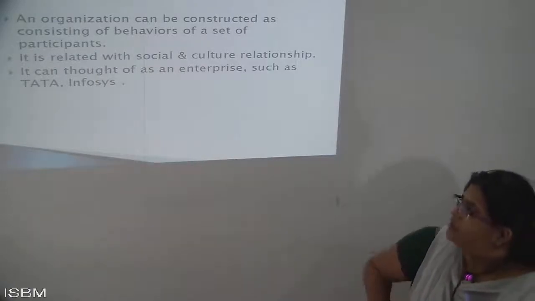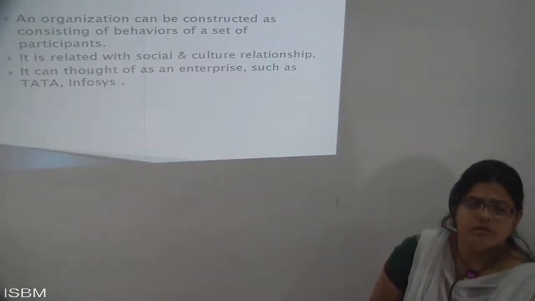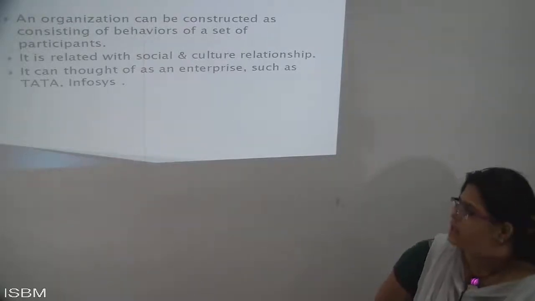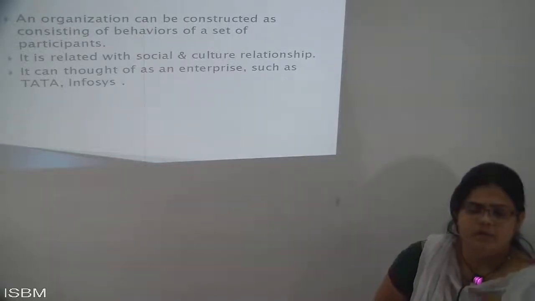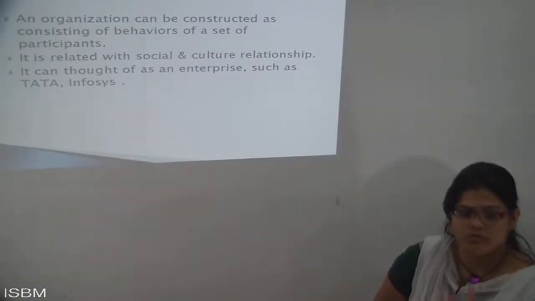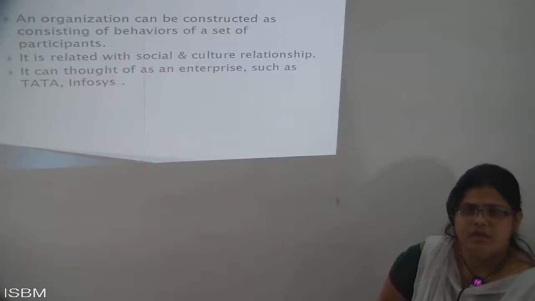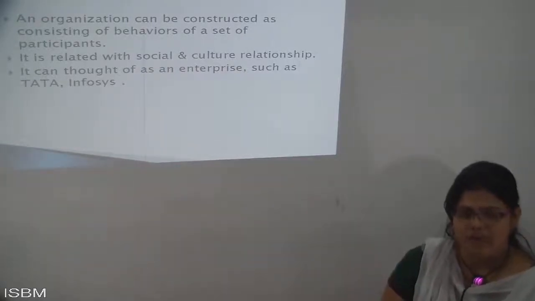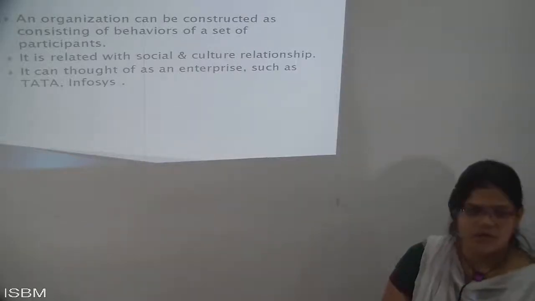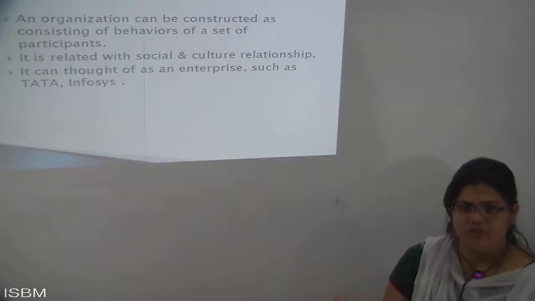So here I have given you two examples, with the help of Tatas and Infosys. The standard of living of the people in the Tatas and the people in the Infosys is totally different. That is why vast explanations have been given about the people working in Tata and the people working in Infosys, and the standard of living there.